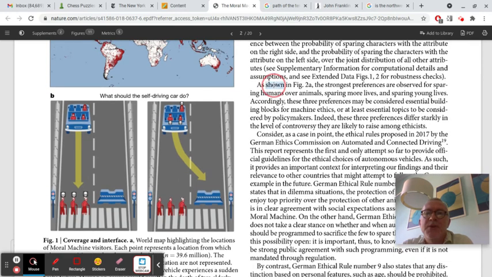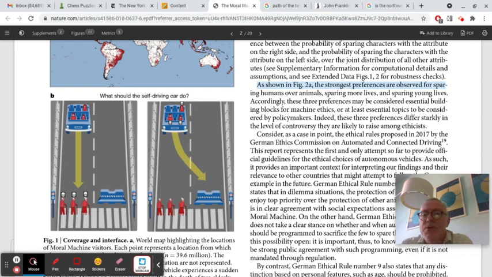As shown in figure 2, the strongest preferences are observed for sparing humans over animals, sparing more lives, and sparing young lives. Accordingly, these three preferences may be considered essential building blocks for machine ethics. Well, that's quite interesting. And what I mean in terms of gave me a clue to what's going on is